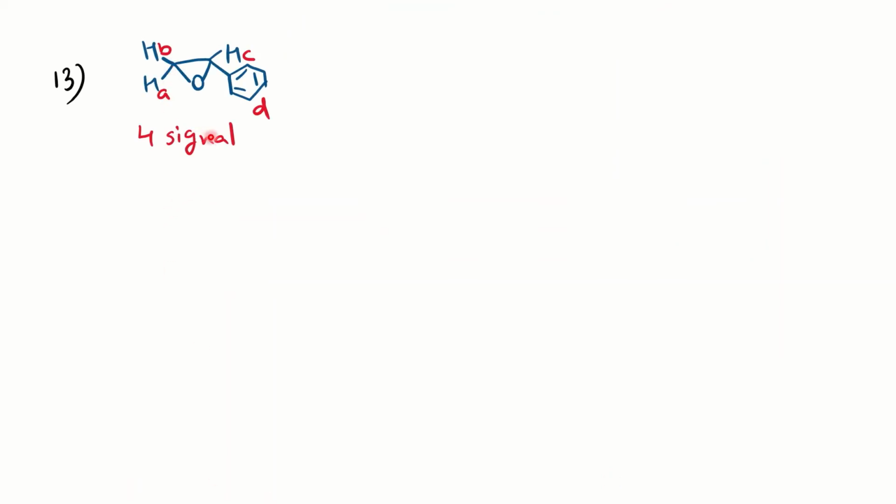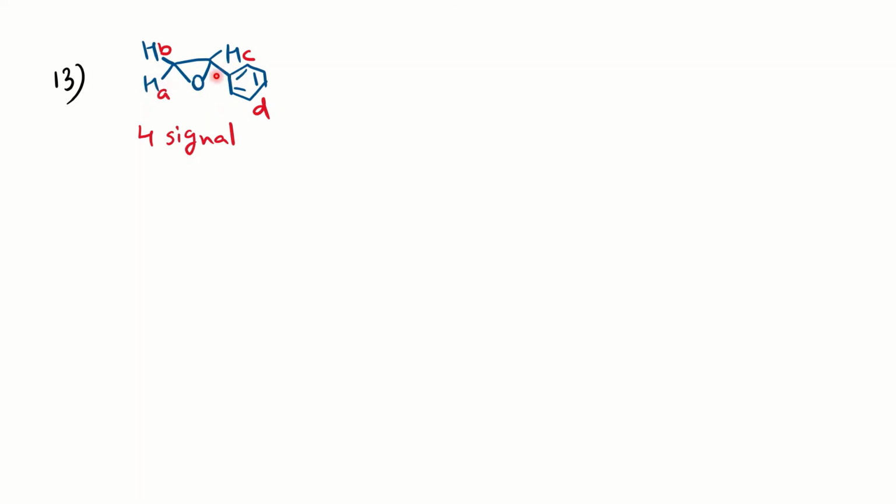In this problem as well, you have one signal for aromatic, another for the proton which is attached to this carbon having aromatic, and this is CH2. Now, for this CH2, the 2 protons are whether chemically equivalent or non-equivalent. You open this structure like I have done here, and in that way you can see one H is in the environment of hydrogen, the other hydrogen is in the environment of the aromatic ring, or it is closer to the oxygen here. So therefore the two are chemically non-equivalent and will give you a separate signal.